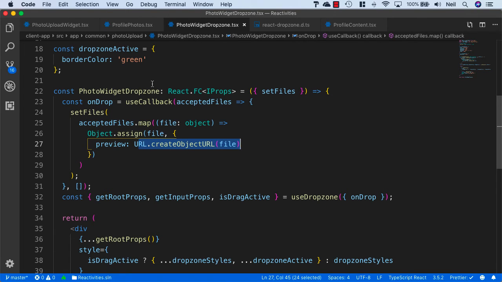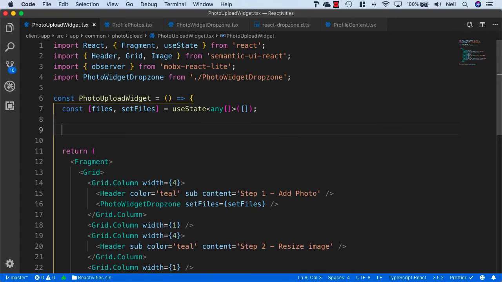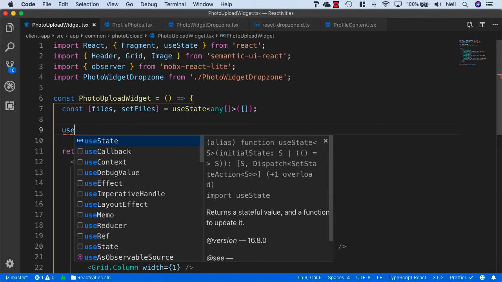So what we want to do inside our photo upload widget is use an effect, and the way that we're going to use an effect in this case is to clean up after ourselves. And this is the equivalent of what we used to use in class components, which was componentWillUnmount. So you can add an action to take when a component's about to unmount. And what we're going to do here with this useEffect hook is very much the equivalent. So I'm just going to add useEffect,